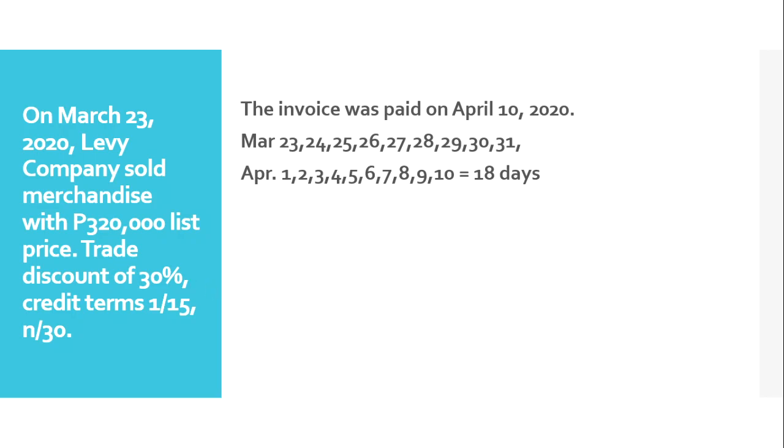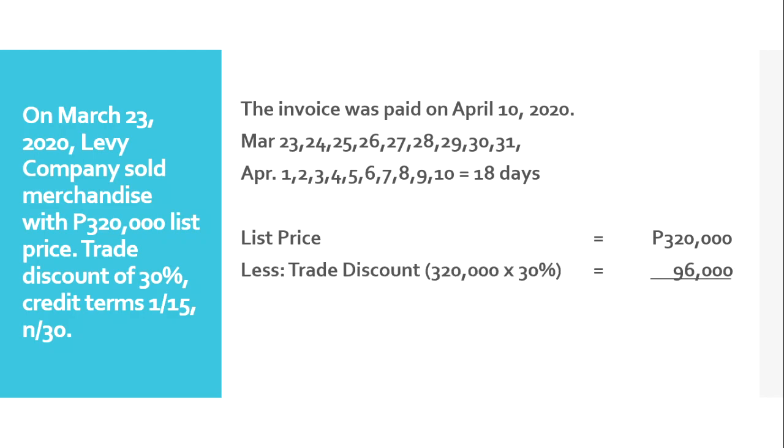So, for situation like this, your computation will be this price of 320,000 less the trade discount of 30%. So, 30% multiplied by 320, that is 96. So, the net cash received will be 224,000. That's it. There's no other additional deduction for cash discount. So, if we're going to record that,